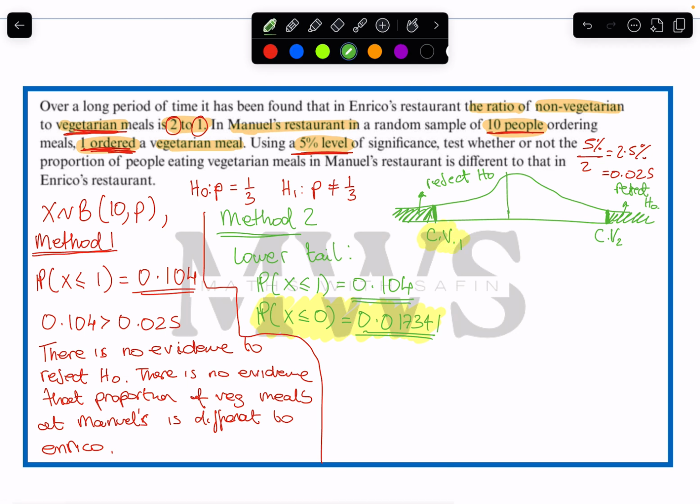So now we have to repeat the same process for the upper tail. For the upper tail, we're trying to find the probability. Again, you can test and trial with some values. In this case, let's try some upper values. So x is greater than or equal to 6. If we do that, that gives us 1 minus the probability that x is less than or equal to 5. If you put this in a calculator, that gives you a value of